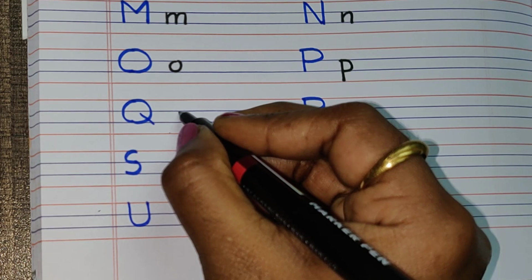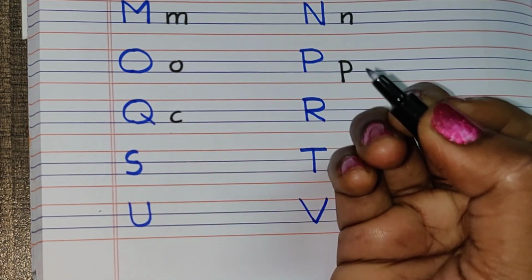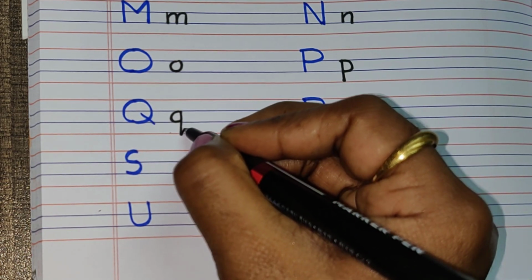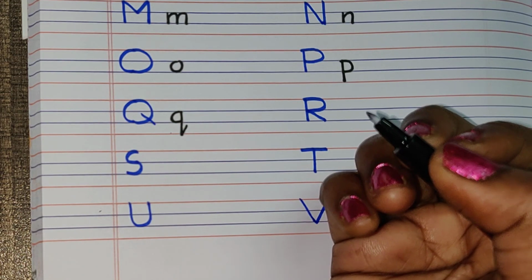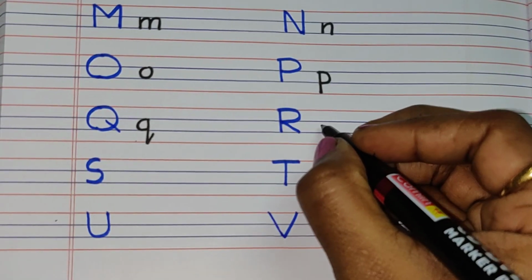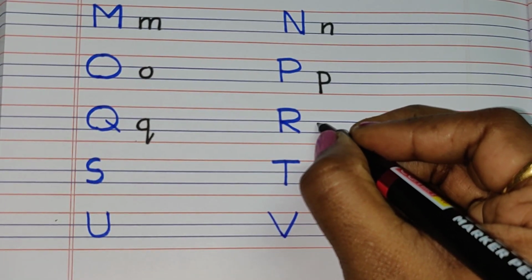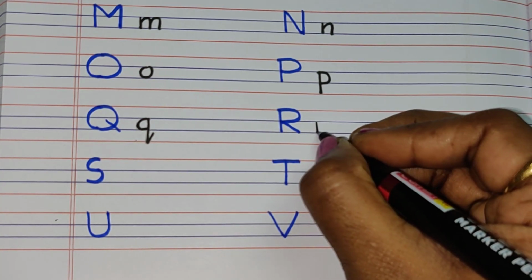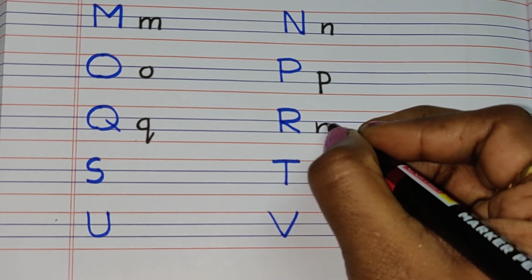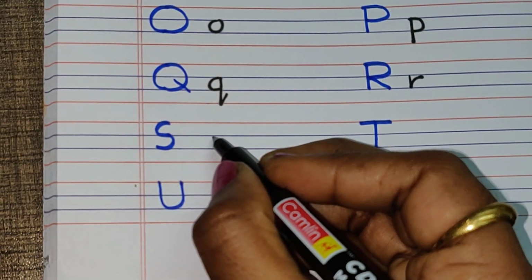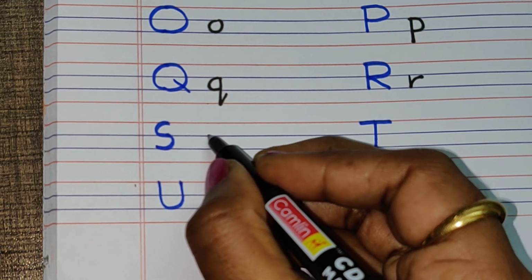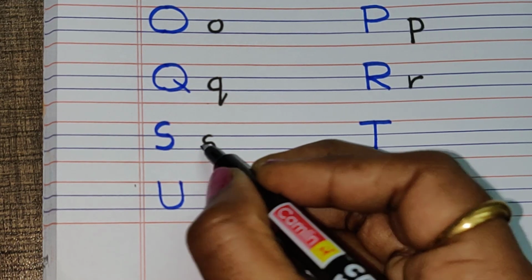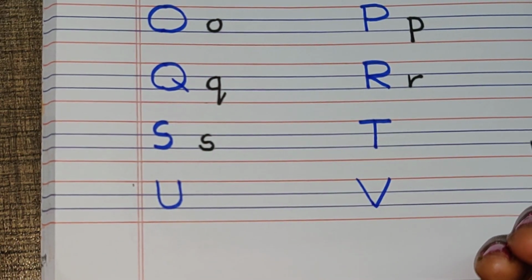So next is Q. First we are putting a small C with a standing line continued by a small slanting line, which makes Q, very easy. So next is R. R is very simple. First we are putting a small line in between the second and third line continued by a small curvy line, which makes R. So next is S, same as capital letter S, I am writing small letter S in between the second and third line. That's it, that is S.